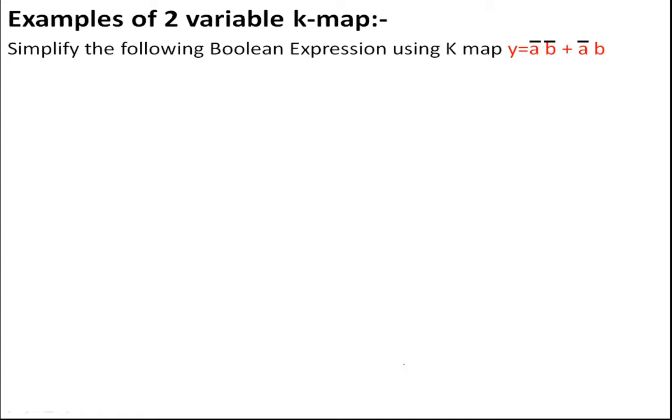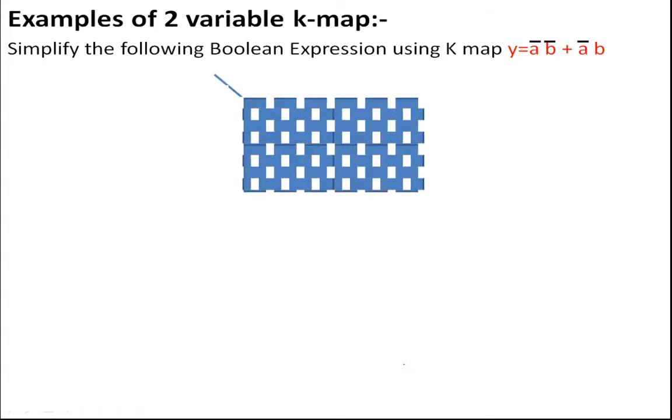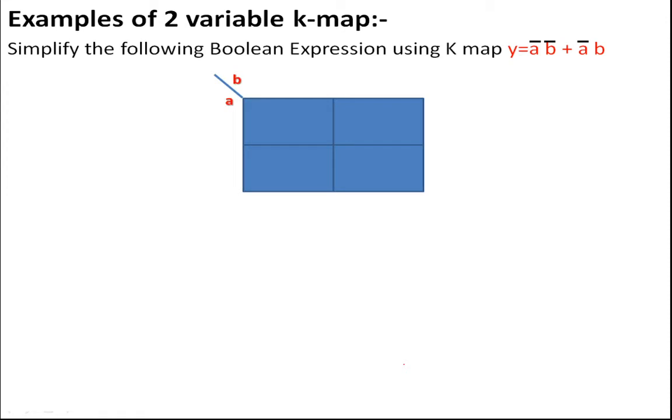So 2 raised to n, there will be 4 cells. So here we have 4 cells. The variables are a and b. So I rename the cells 0, 1, 2 and 3. Now you have a bar, b bar, a and b. Now if you look into the expression a bar, b bar, we have to see this a bar